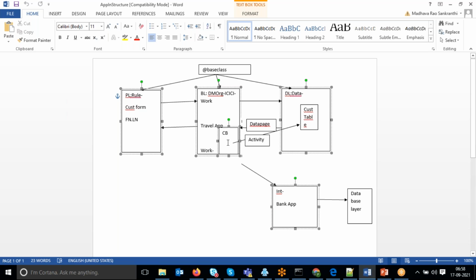When the next users open the same application, they won't go to the database layer. They will bring the data from the business logic layer, exactly from the clipboard, and get a quick response. So instead of going a long distance, I give a shortcut, a very short distance.